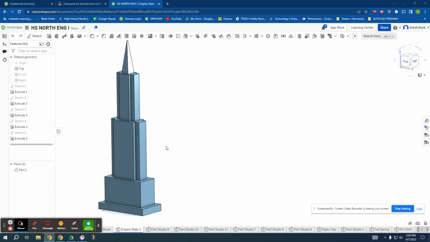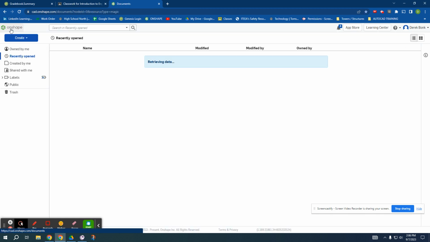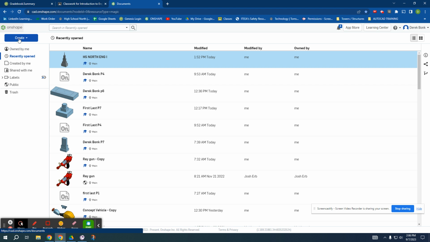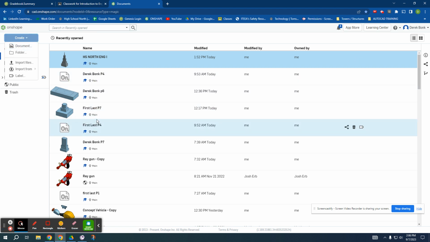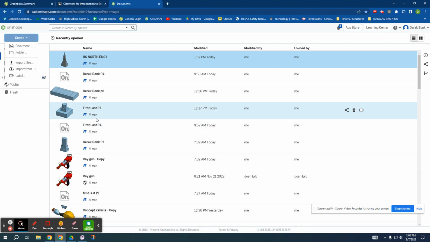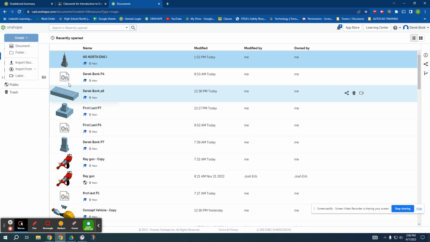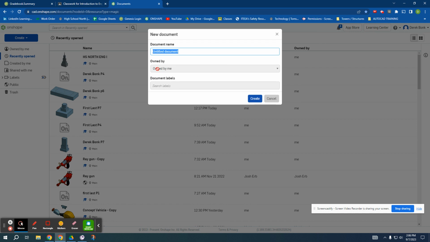What I've had everybody do today was learn how to use the Onshape button here as the home command to get back to where you create and have all of your documents, or have a document stored. You really should only have one at this point. The normal thing is people end up creating a bunch of these, and you only should have one that you're going to work inside of. So I had everybody today just go create document, first,